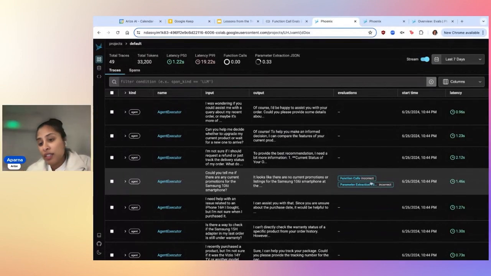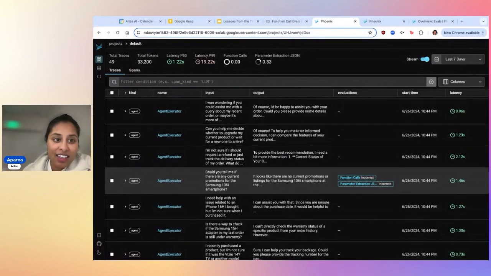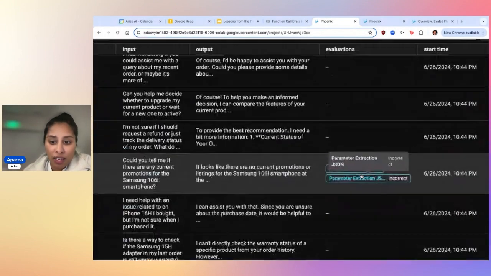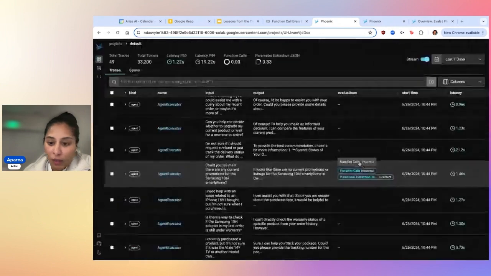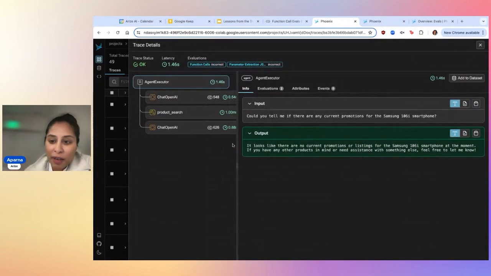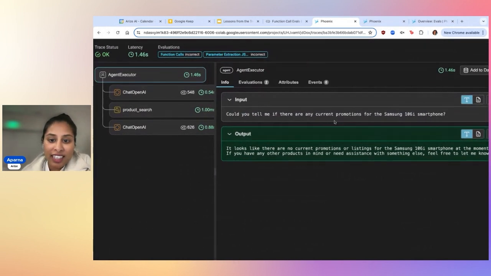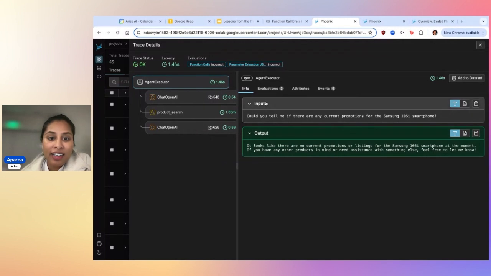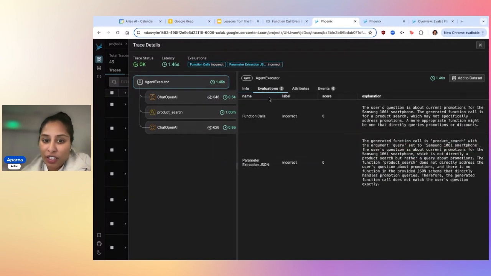And what you can do is apply evals to see where it got it right and where it did not get it right. So I'm going to go into one where there's an incorrect function call, and we can all take a look at that. In this case, someone's asked a question: is there any current promotions for the Samsung smartphone? Let's go into the evaluations, and it looks like it made an incorrect function call.